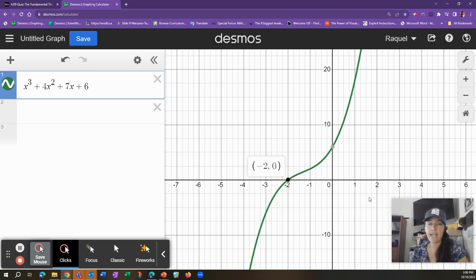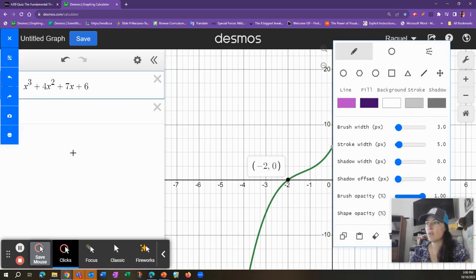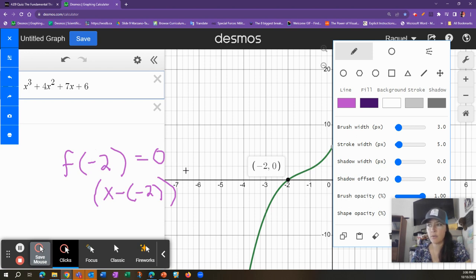Well, this is faster. Remember, this is saying that x equals -2 is a 0. I'm going to still use my traditional one. So according to the factor theorem, f of -2 equals 0. So we know that x minus -2 is a factor, right? If f of a equals 0, x minus a is a factor. So in this case,